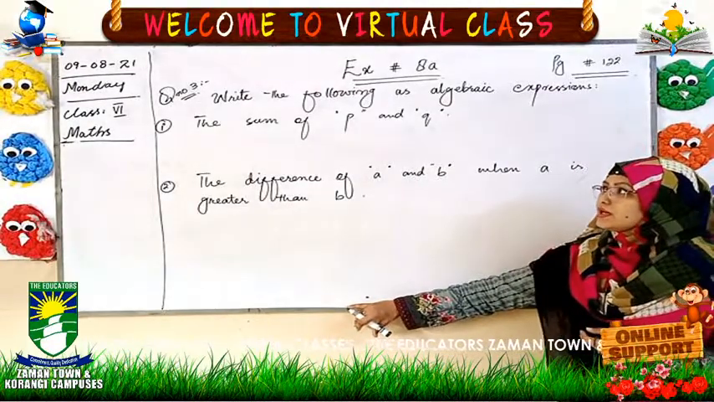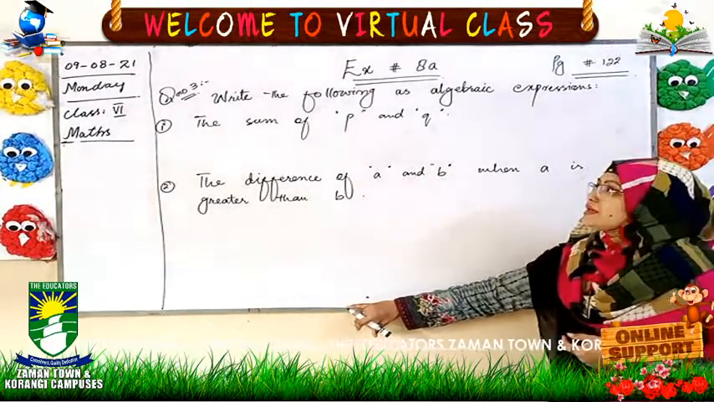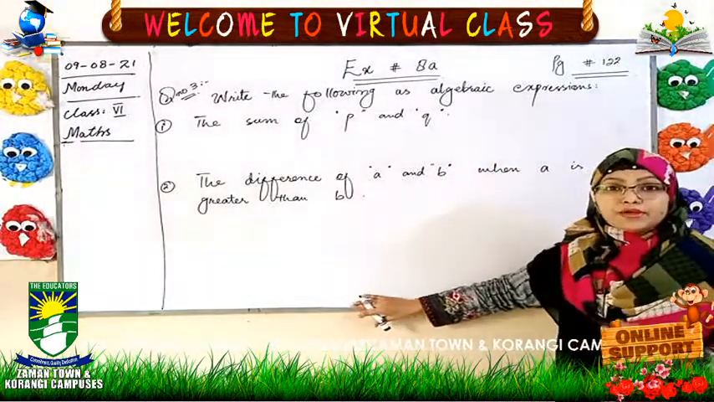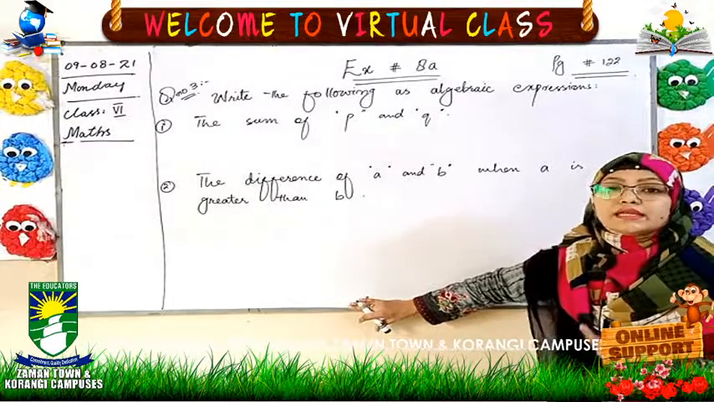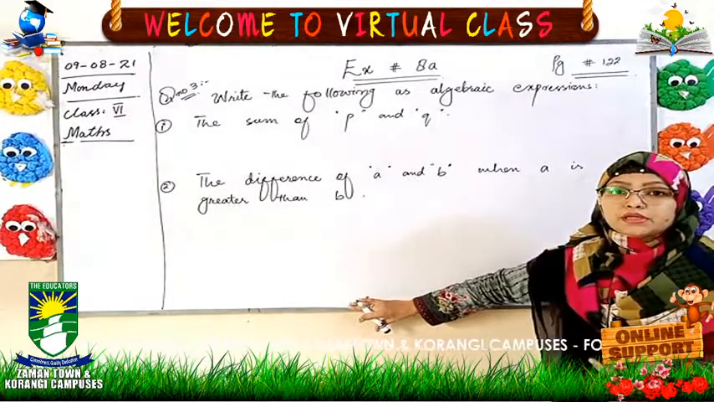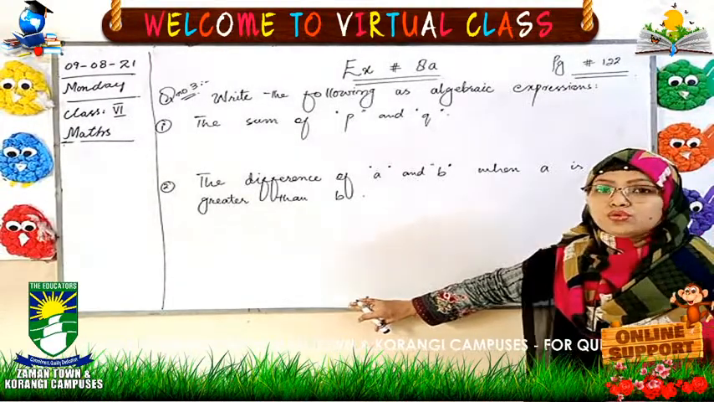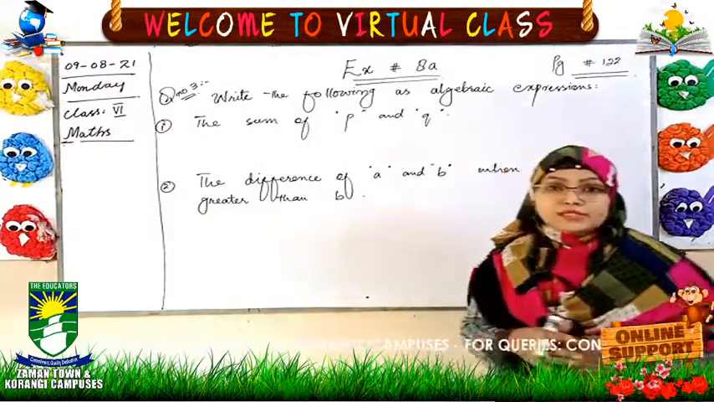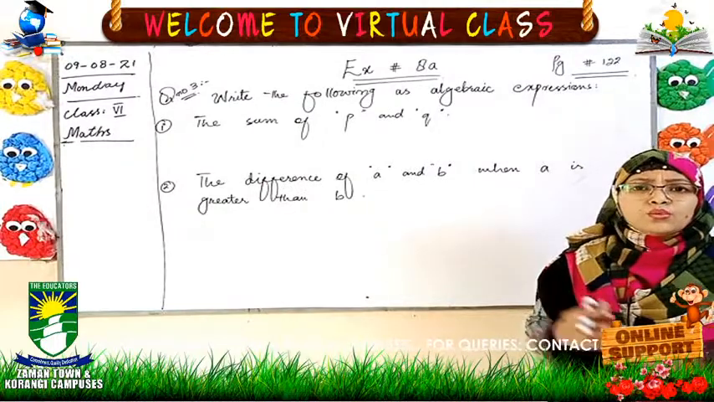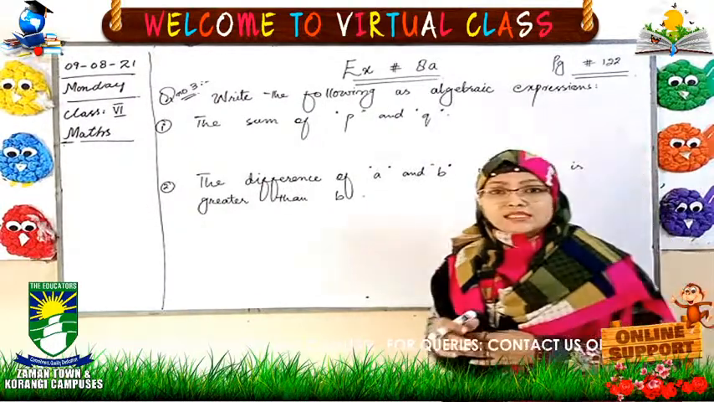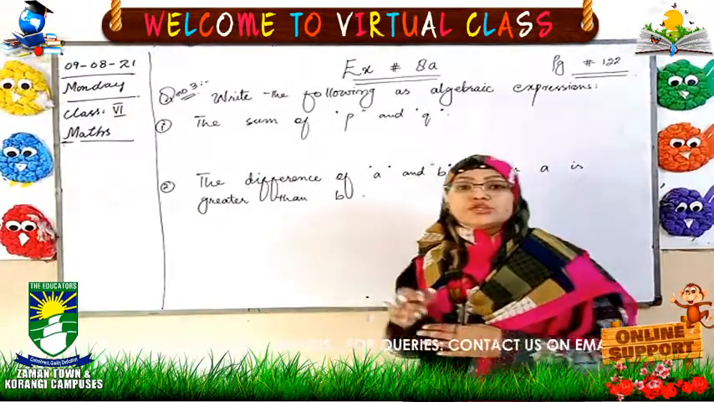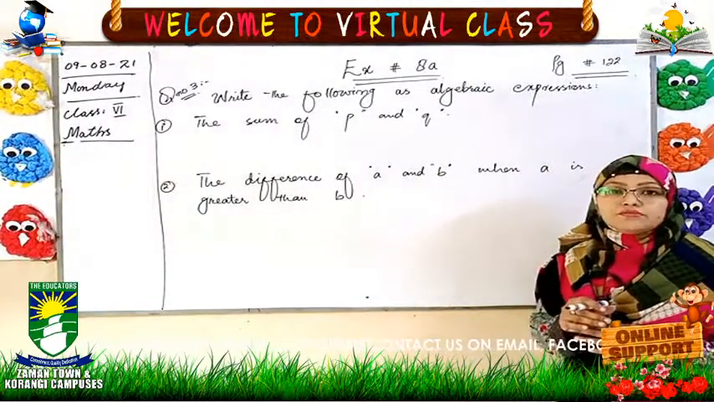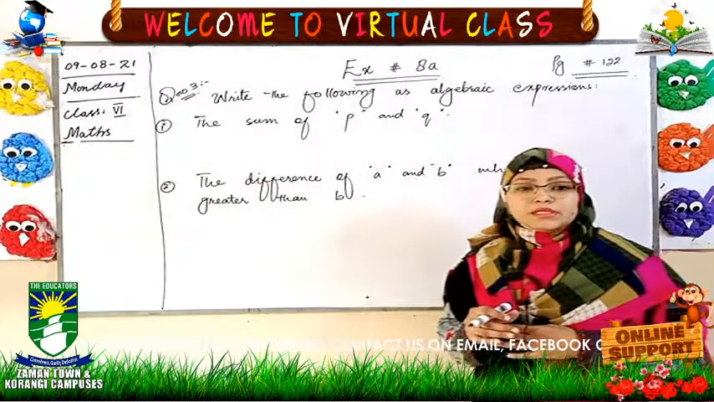Now you have question number 3, in which you have to write the following as algebraic expressions. We have different sentences, different statements, and you have to convert the statement into the form of an algebraic expression. What is an algebraic expression? An algebraic expression is a combination of numbers, letters and the symbols plus, minus, multiply